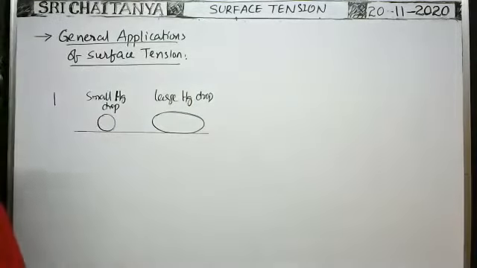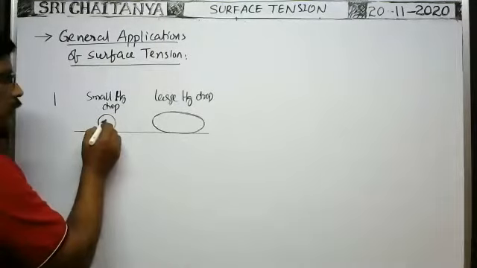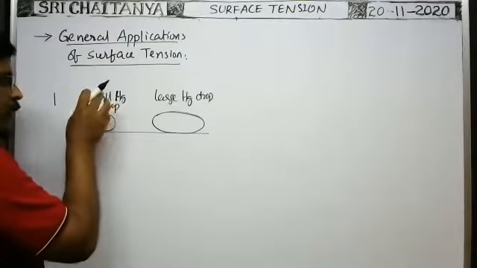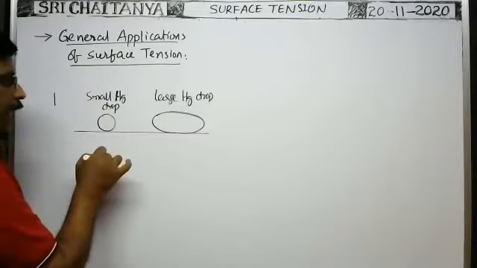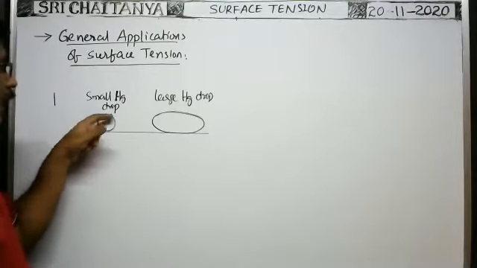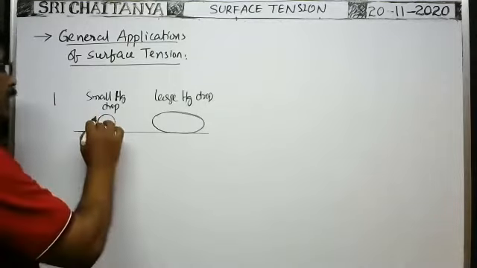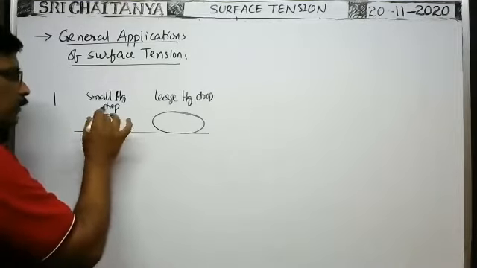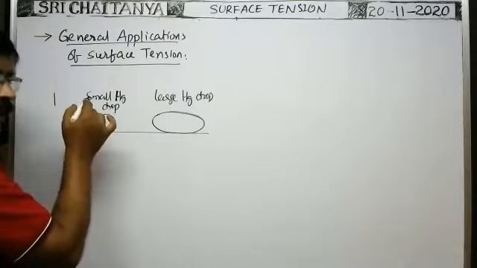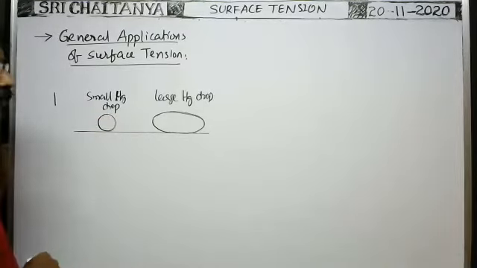Okay. So here, in case of a small mercury drop, among the atoms of the mercury drop, positive forces of attraction, or forces due to surface tension, are there. That force due to surface tension dominates the weight acting on the small drop. The force due to surface tension acting on the atoms on the surface of the mercury drop is greater than the gravitational force of attraction acting on them. That's why it acquires the spherical shape, because the net force is due to surface tension only.